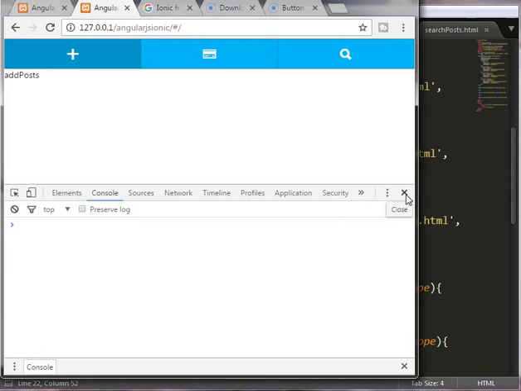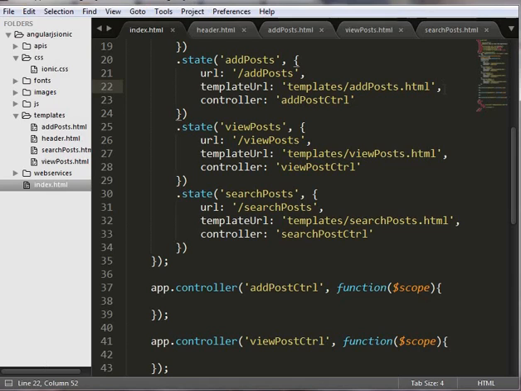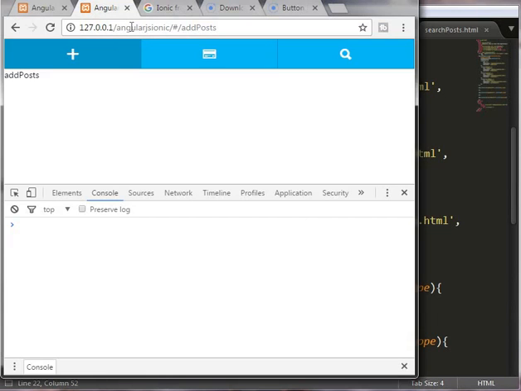Okay, now I'm getting it. So whenever I click on this, I'm not getting an error right now, because that error was coming because I had missed one comma here. So I have created our header functionality,